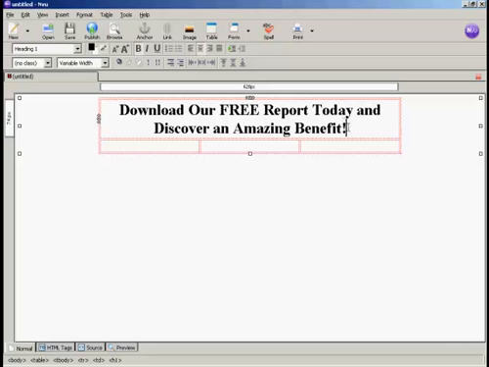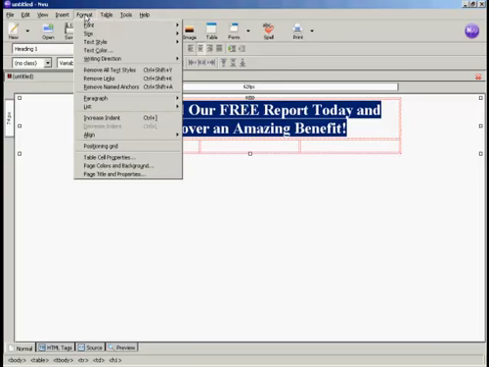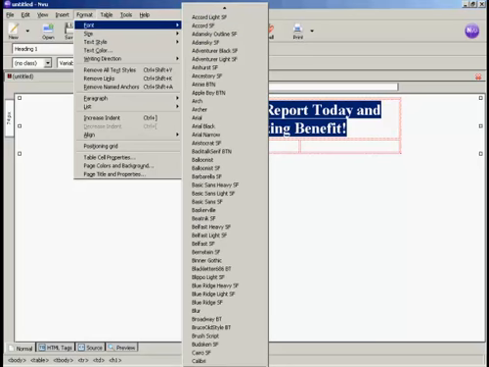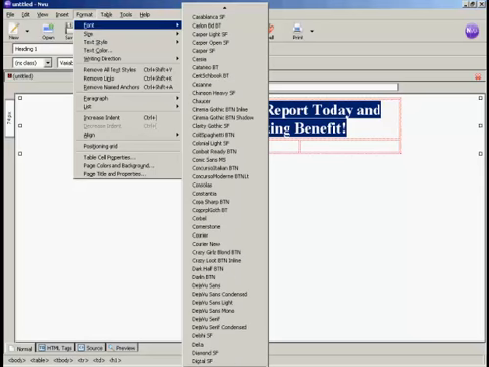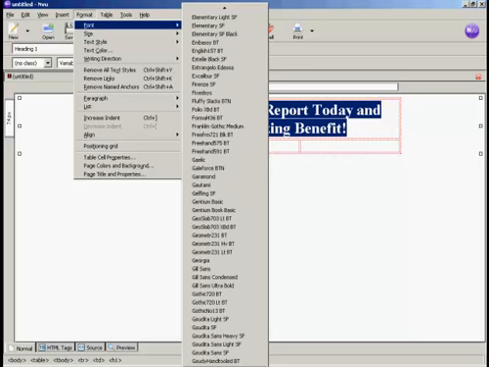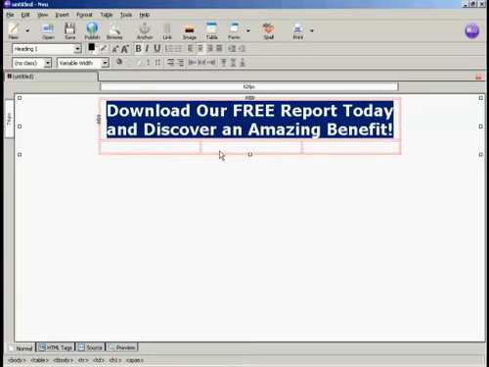There we go. So I'm going to highlight all this just by holding down the left mouse button and then dragging the mouse cursor over the text. And I'm going to come here to Format and Font, and the one that I'm going to use is going to be Verdana, which is right down at the bottom of this list. You can see I've got quite a large number of fonts and typefaces on this computer. So select Verdana,